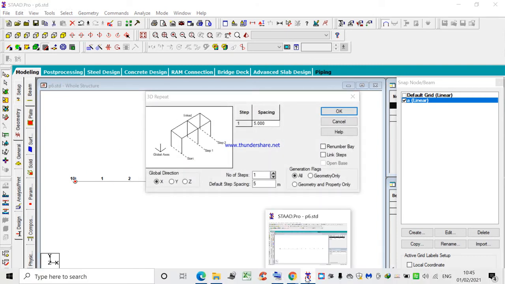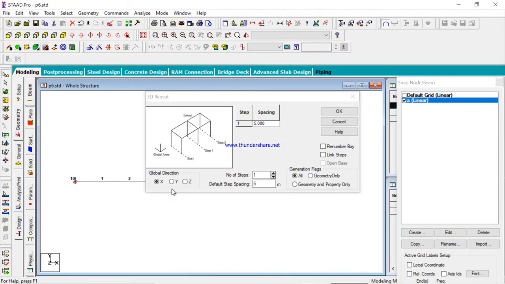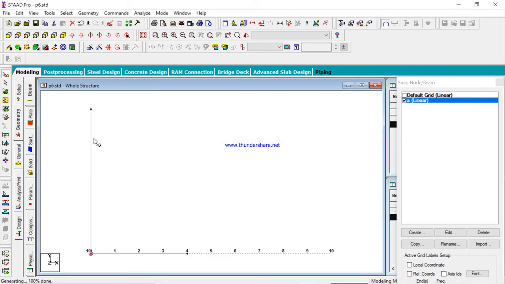What is the length of the first column? That is 6 meter. So you can consider it as the y-axis. Spacing is the default spacing of 6 meter, and consider as link step. Then okay, like this.